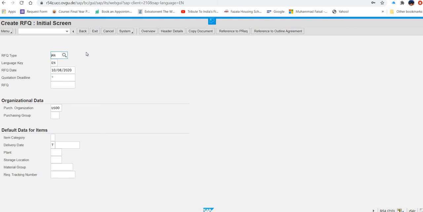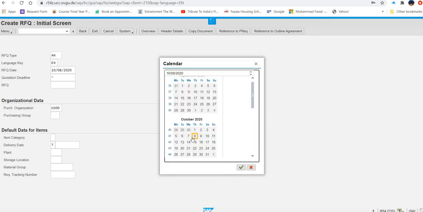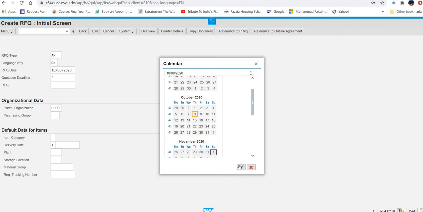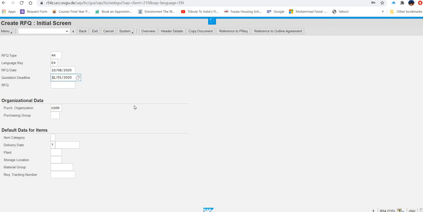RFQ date, today's date, okay. And the first day of the next month as quotation deadline, means November 1st, as it was mentioned in the previous exercise, previous step.